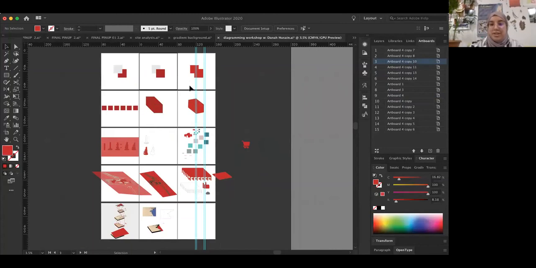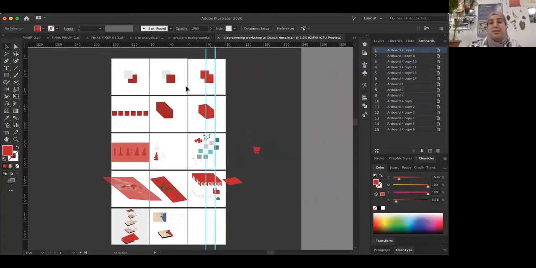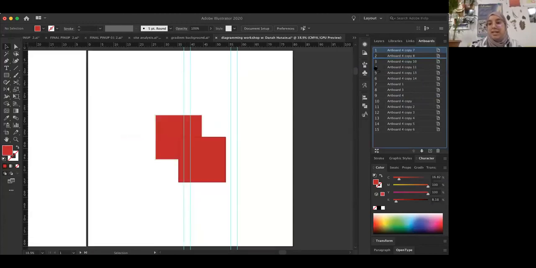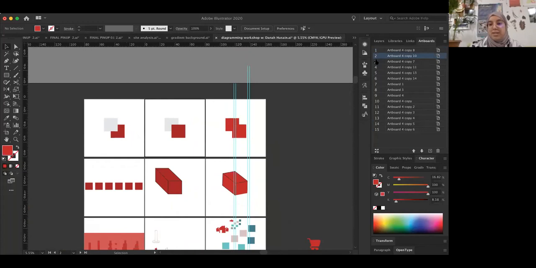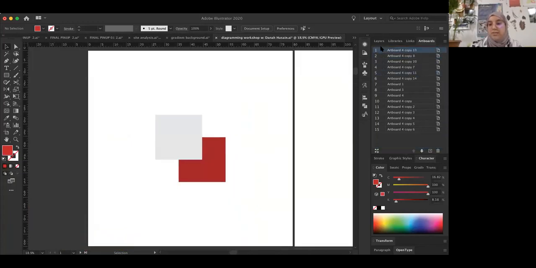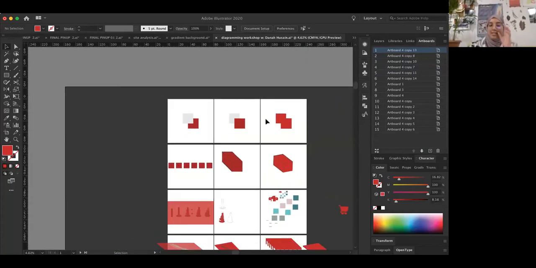This one is the third. This one is first. So if I need this one to be, let's say, the fourth or the third, this one needs to be the second. This one is the first one. See, you can change the layout, the order,